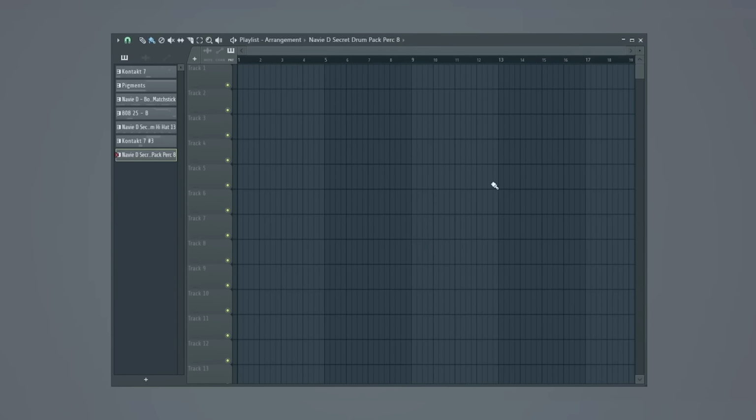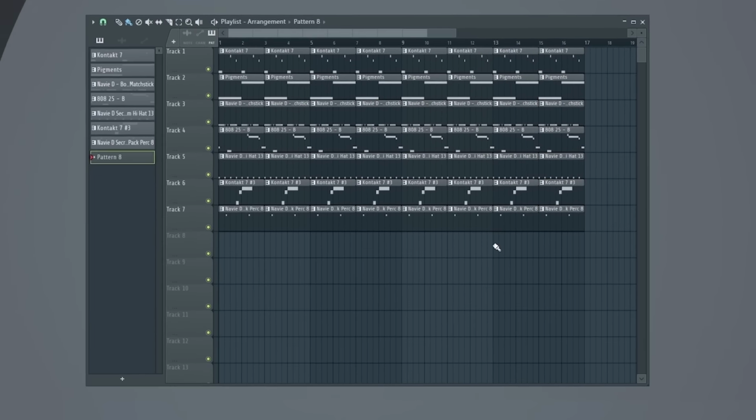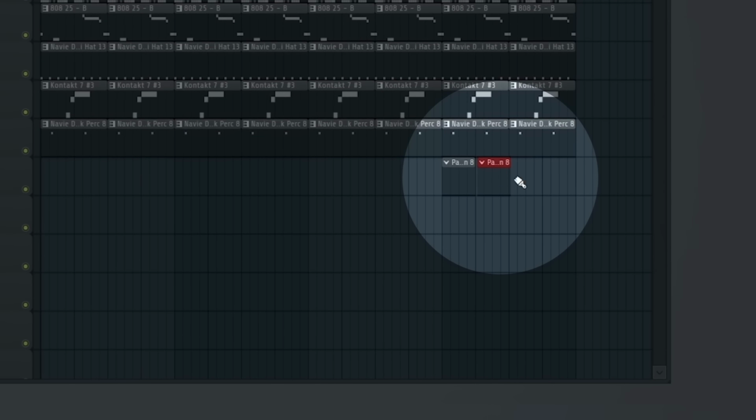Here, I'm gonna go ahead and use the technique of subtractive arrangement. Now, you might be wondering what this is. For many producers, as soon as they finish their basic loop, they immediately go to arrange. And what they might find is as soon as they need to introduce something new or build a new section, they get stuck.